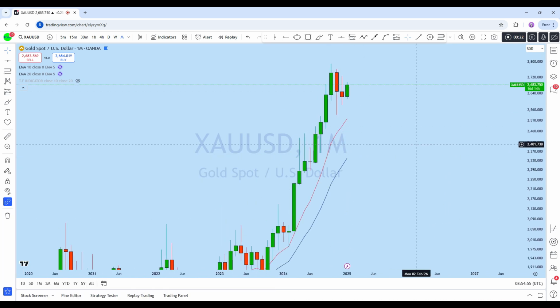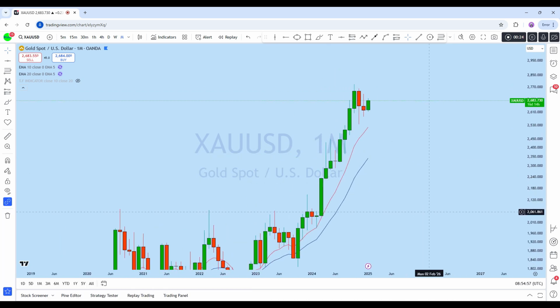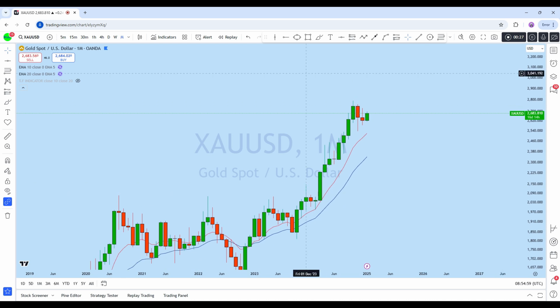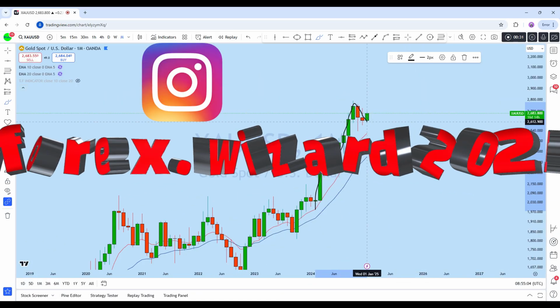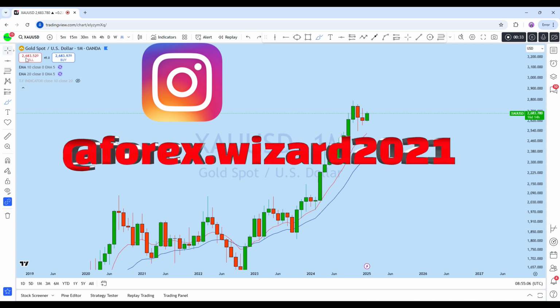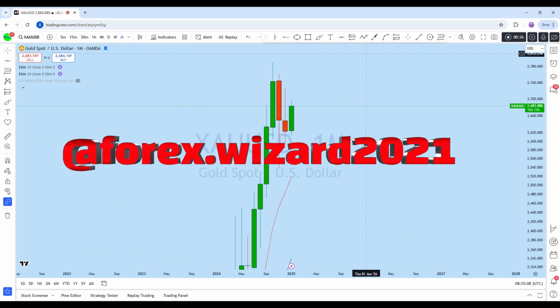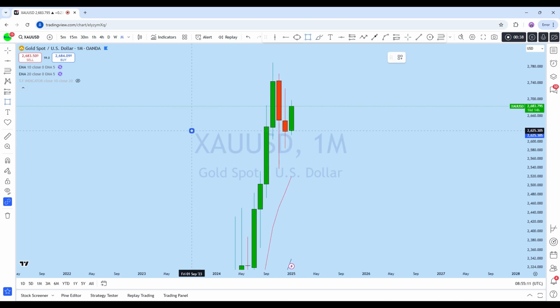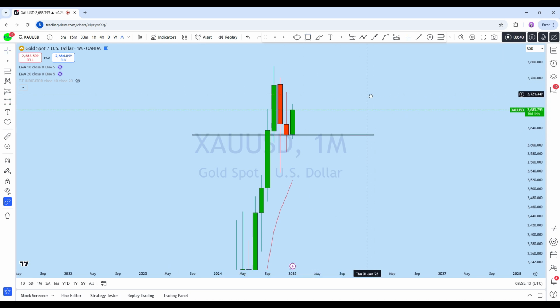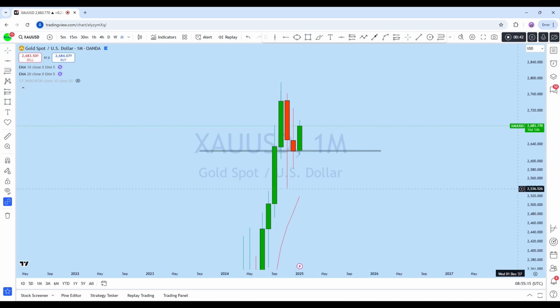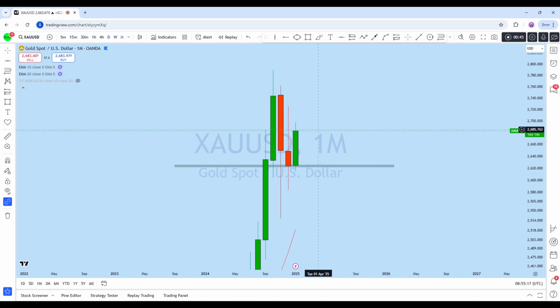Now looking at the monthly on XAUUSD, we can see that historically it's a bull market with this monthly impulse, correction, another impulse, deeper correction. We can see this current monthly candle so far, after the previous monthly close, opened with a gap, and from this zone it's trying to bounce back up to create a new higher high. So far we can see significant bullish momentum. This is the current monthly high, and I think the price might try to bounce back up to create